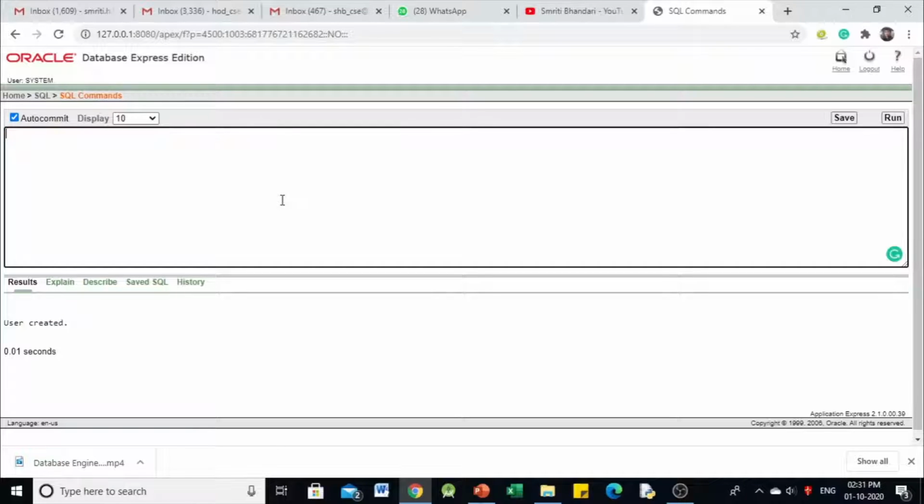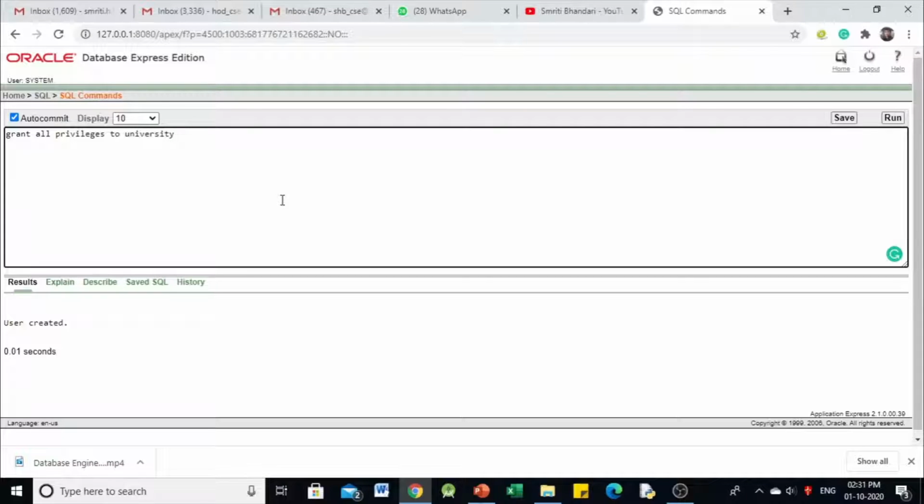And now I'm going to provide all the privileges to this user so that we can create the entire schema. Okay, so I'm giving here the statement grant all privileges to university.